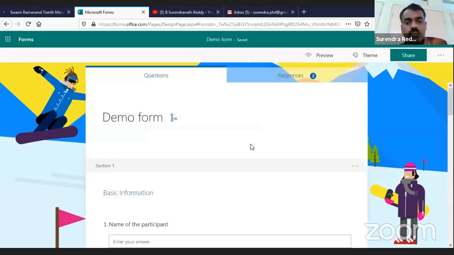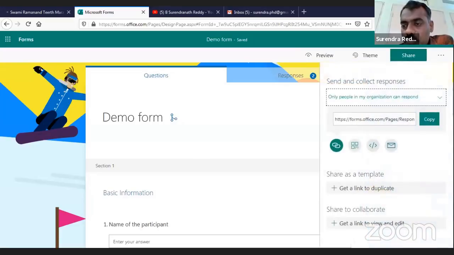Now the last part. Once we create the form, preview it, and customize it, we have to share it, that means share it with students or with others. So you click on share here. If you click on the share button, then only people in my organization can respond.